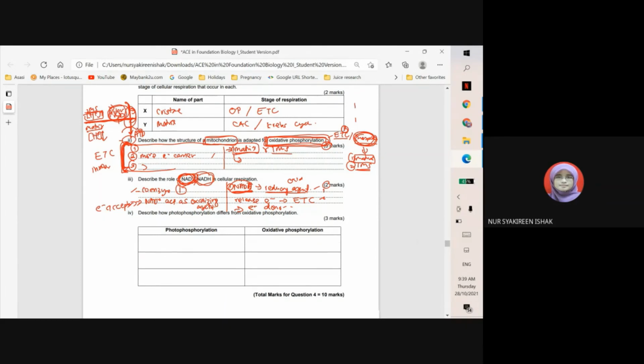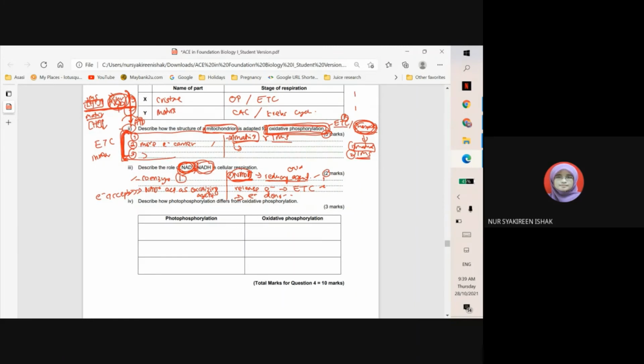Okay, so number 4, describe how photophosphorylation differs from oxidative phosphorylation. Okay, so basically untuk chapter cellular respiration ni kita banyak fokus kepada oxidative phosphorylation. Oxidative phosphorylation dia adalah 4th stage of cellular respiration and it synthesizes the most ATP molecule. Okay, but as for